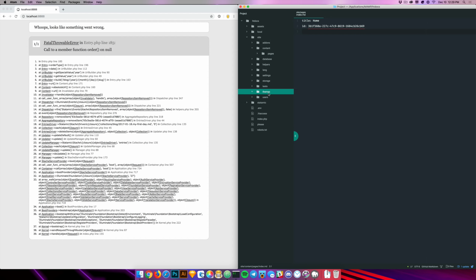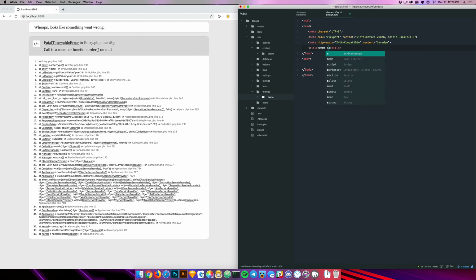And we'll make a theme now. So a theme's going to be, we'll call it demo. So everything inside that demo folder becomes your theme. And you need a layout file, and the default one is called default.html. HTML, what is this? Doc type. What's the shortcut for? There we go. Demo Statamic site. Okay, and